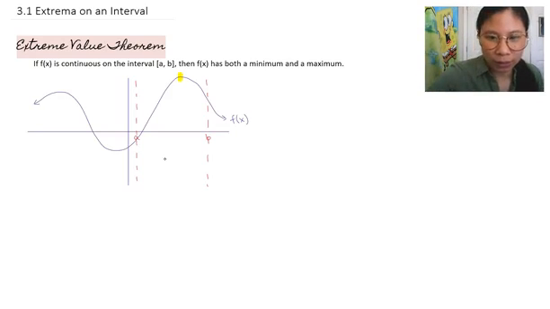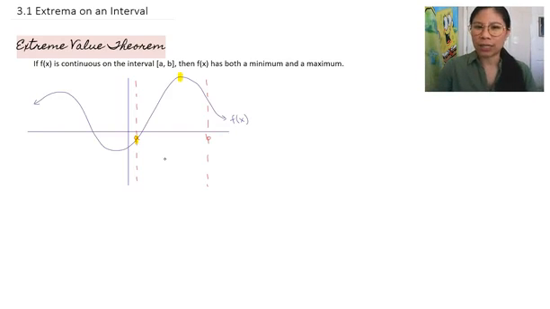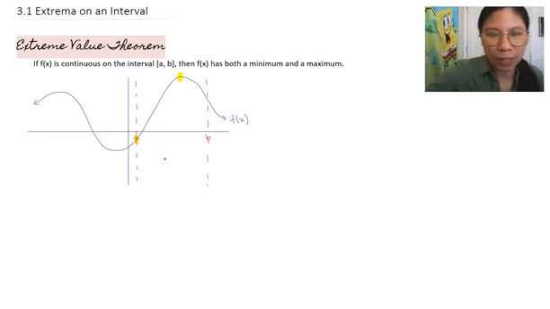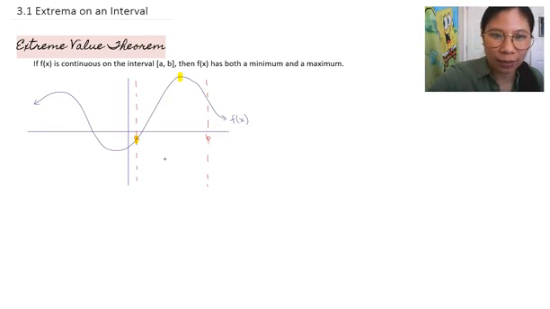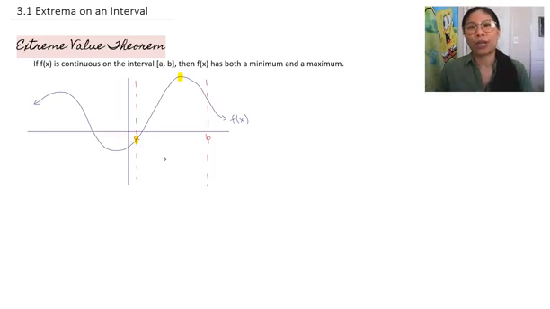The lowest point, it looks like the lowest it goes is right here, which is different than what we're used to, because we're thinking of maximums and minimums where it changes, where the hump is, basically. Right here is probably really where the minimum is, but that's not within the interval from A to B, so that doesn't count. So that's why our two points would be right here and right here. So when we're being asked to identify the maximum or minimum values, then we're just looking at the y values